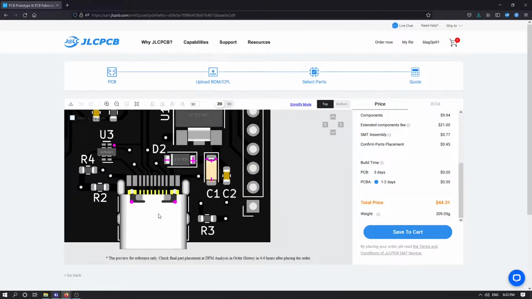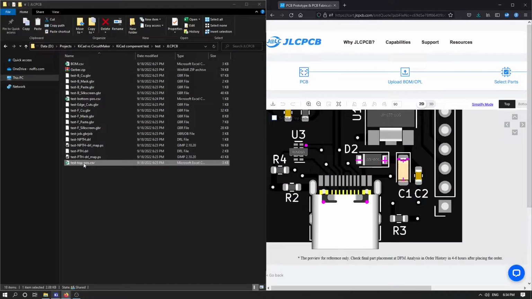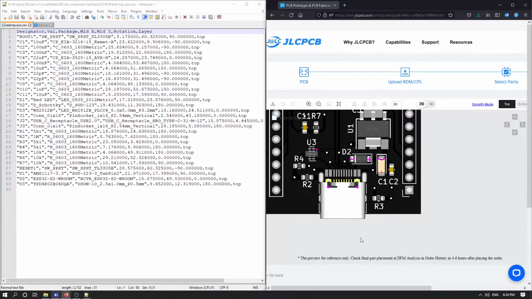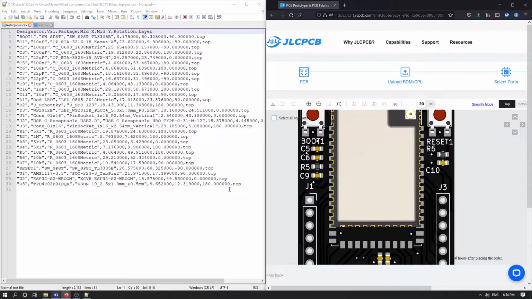And again, our USB-C connector is a bit moved down. So now what we need to do is basically modify our place file in order to fix everything here. So we can start, for example, by fixing our main component, and that is ESP32. So we can find it here, and now we can just check